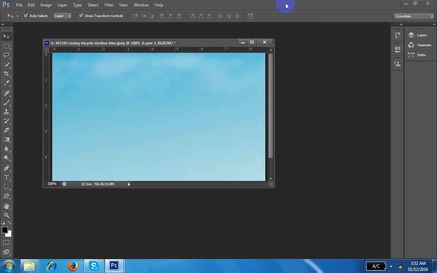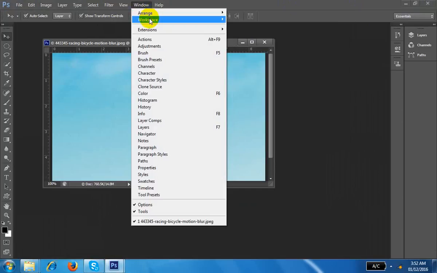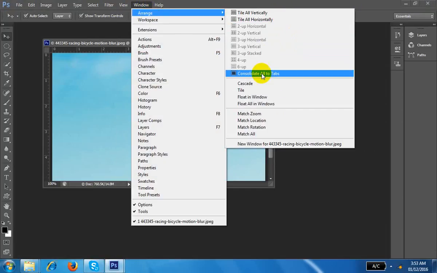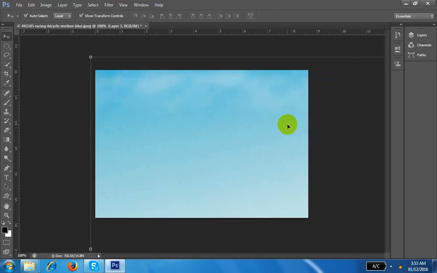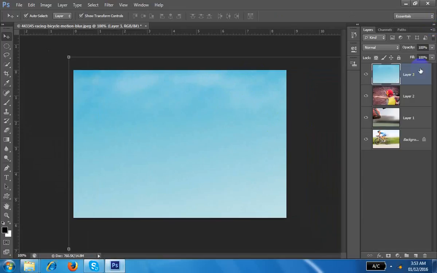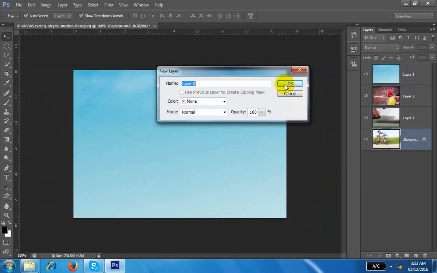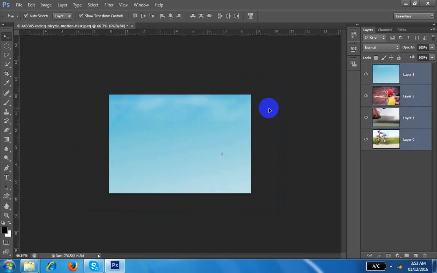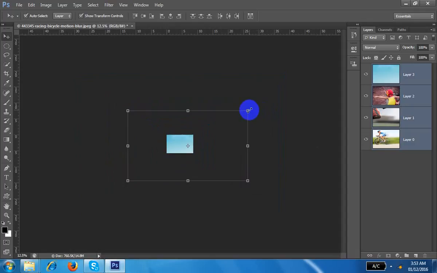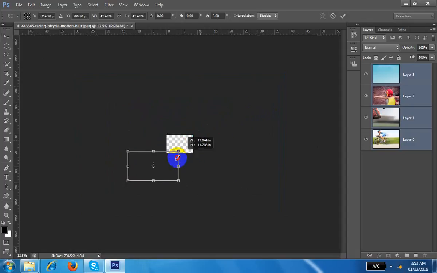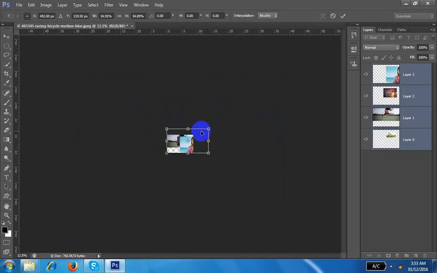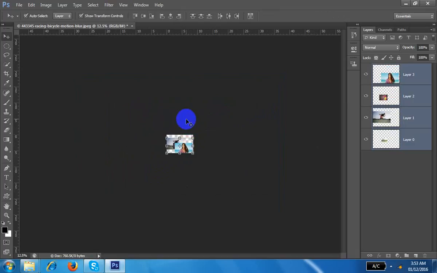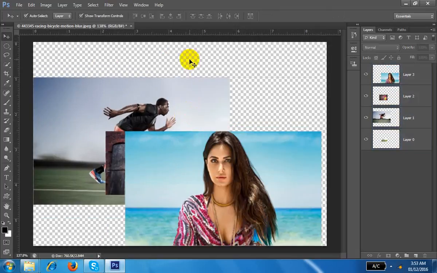This is the minimize again, and go to the window, arrange, workspace, go to the arrange. This is wonderful. All the images are there. Some images are bigger. And layer is also there. Okay, and again this object you can find all there. 4 images are there. 1, 2, 3, 4. How to work with these 4 images at the same time? Select all these and Control minus. You can find all the things here. Hold down the Shift and make it smaller. Drag it with your mouse. Make it smaller. Drag it. Control 0. So you can find all the images here.